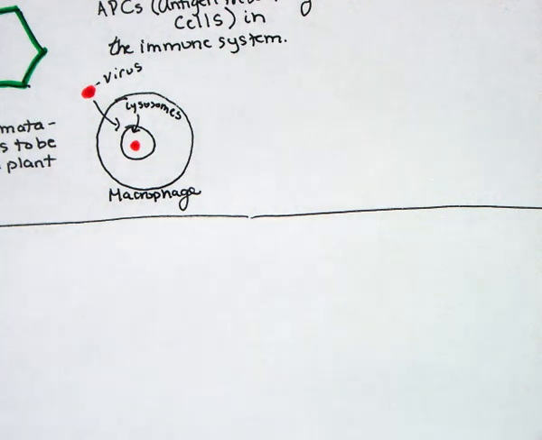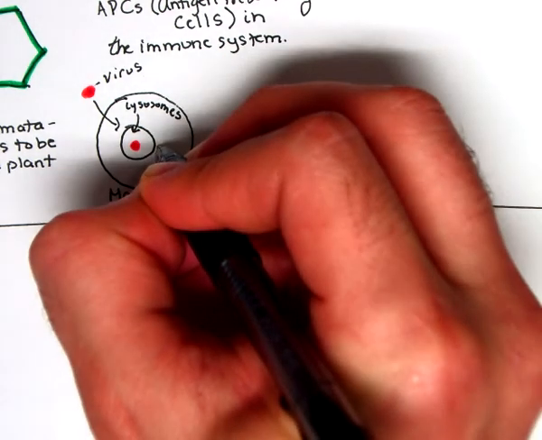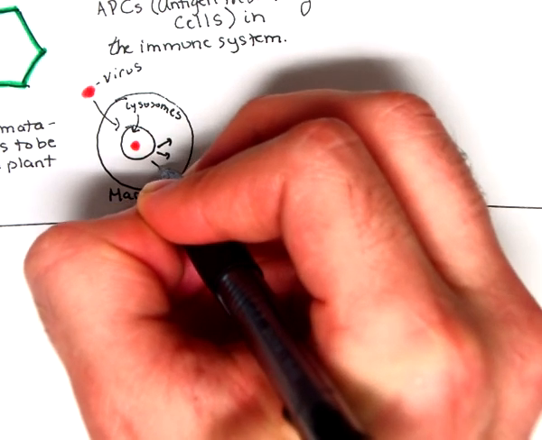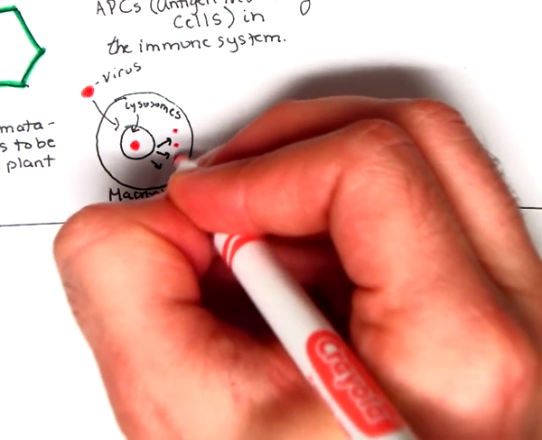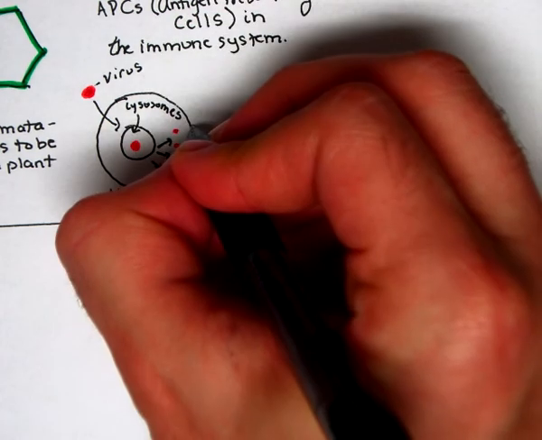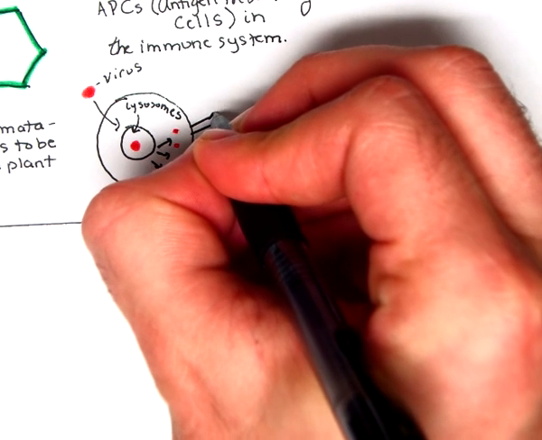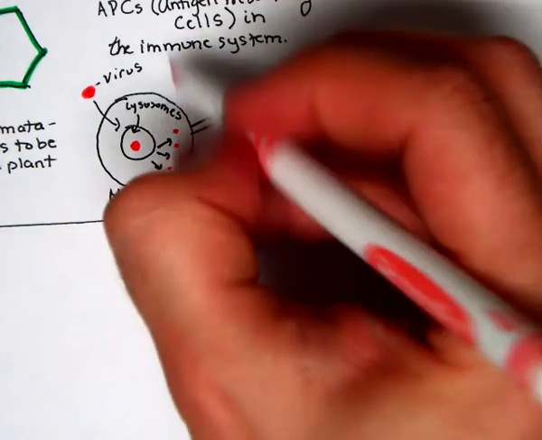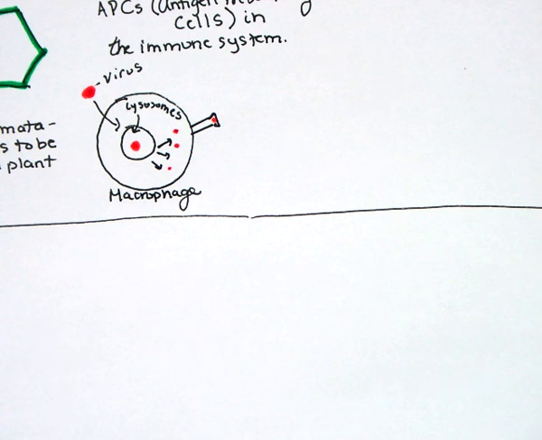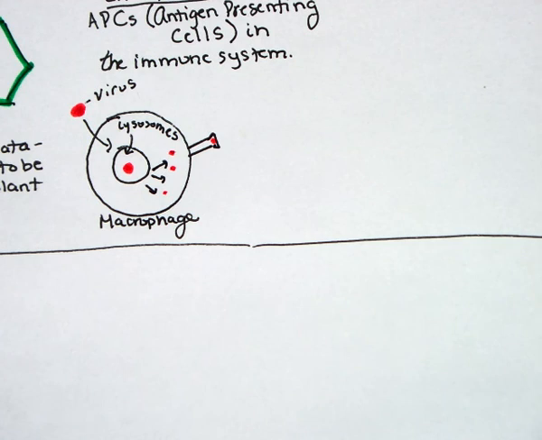And what's pretty cool about this is not only will it break it down, but it'll take some of those broken down pieces, so little small pieces, and it will present pieces of that on a little cell receptor on its outside edge, on its membrane. Right? So it will digest it and it will present these little pieces, and we call those little pieces antigens,